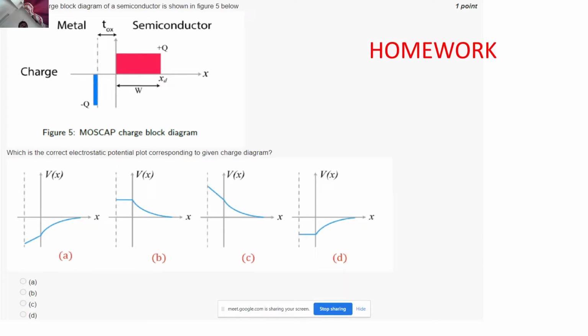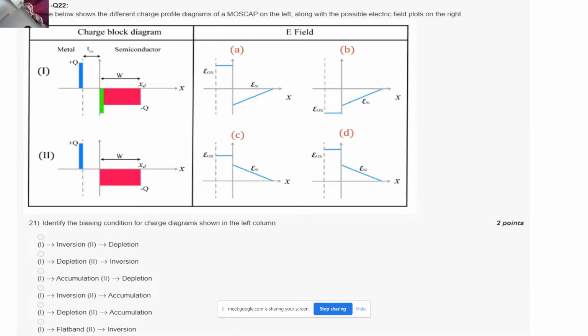Here we have just applied a negative charge at the metal. So we must have applied a negative voltage at the metal plate, right? So this is just a homework question for you guys, and I'm sure you will be able to do it easily, because there is nothing novel in this question again. And we will be coming to this question, so I will need help from you guys.